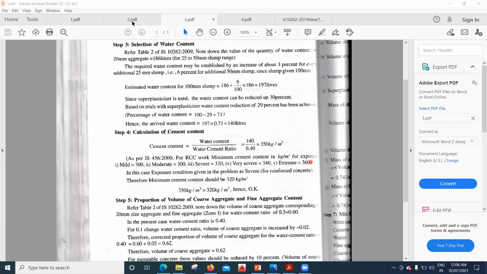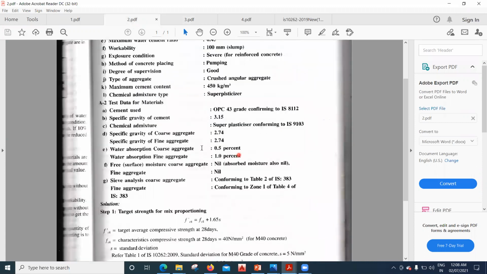Now understand, what is our exposure condition? Our exposure condition is,